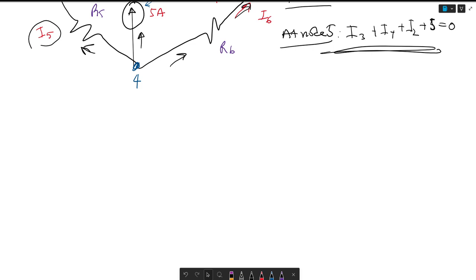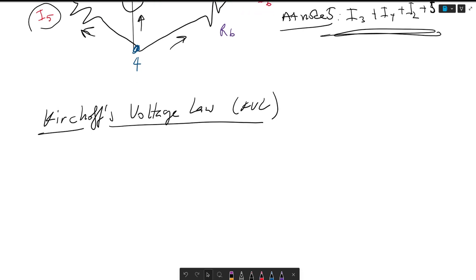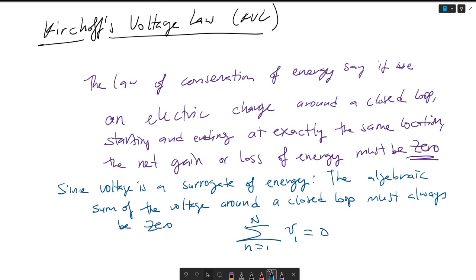Lastly, we're going to talk about Kirchhoff's voltage law, or KVL. Essentially, we're going to define it first. KVL states that the law of conservation of energy says if we